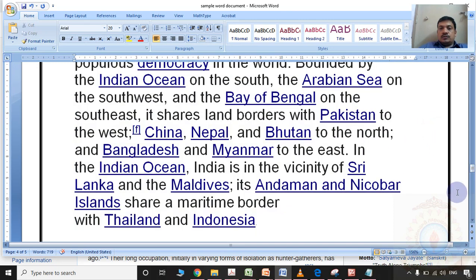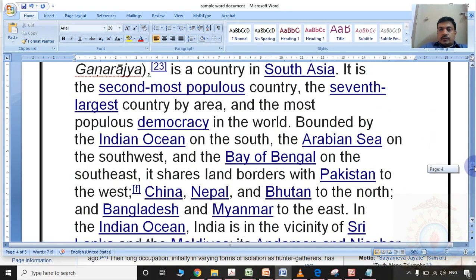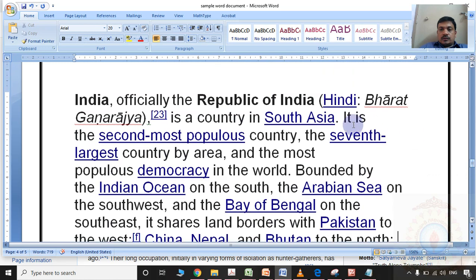Please observe. Whenever you copy content from a website into the MS Word document, this will happen. Some words will come with an underline and with a different text color.